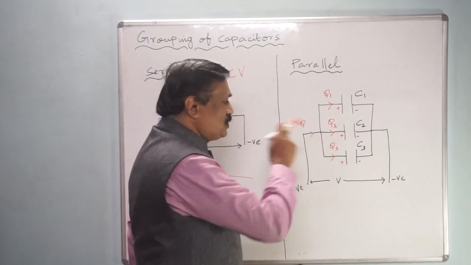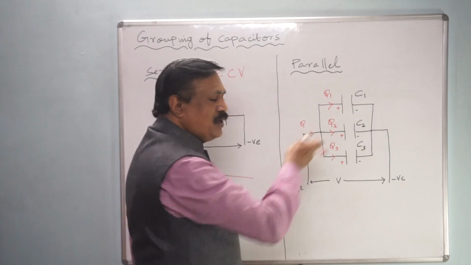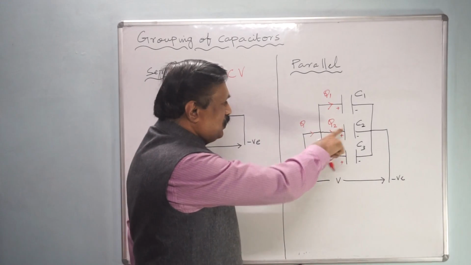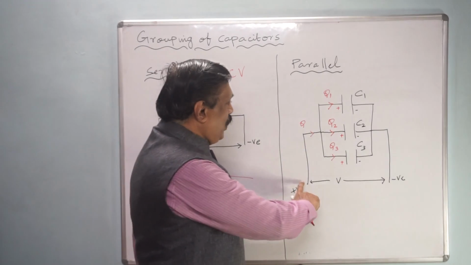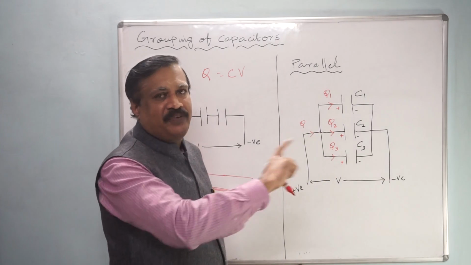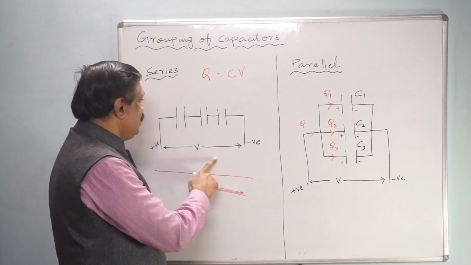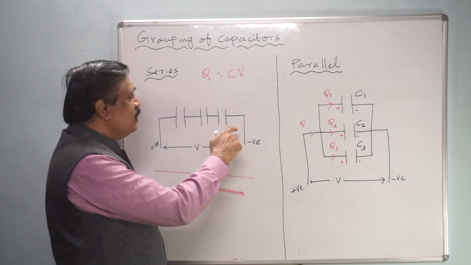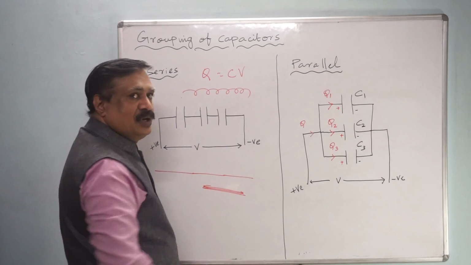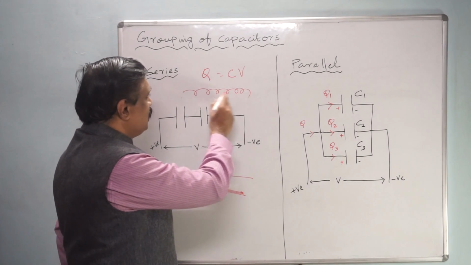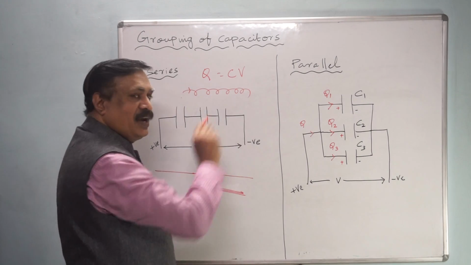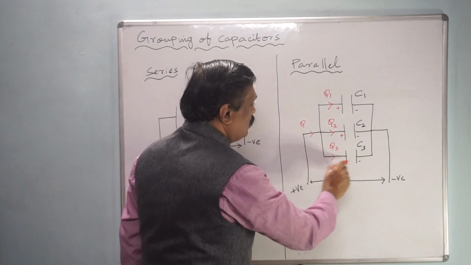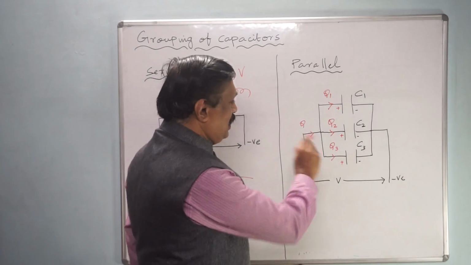Here three capacitors are there. They have three different values, C1, C2 and C3. All these three are connected in parallel. That means from one point to another we can reach in different ways. In series combination, we can reach from one point to another along one way only. It is just like your serial lamp, where you have to go through one wire only. Here you can go in this way, this way, or this way also. This is the parallel connection.